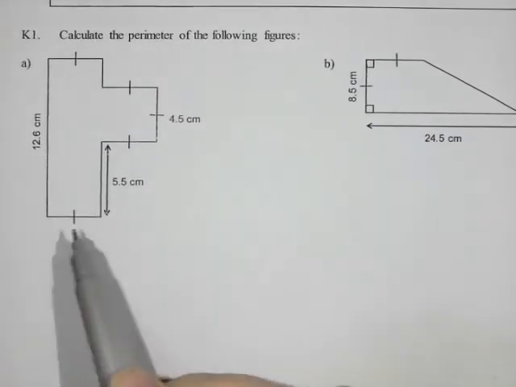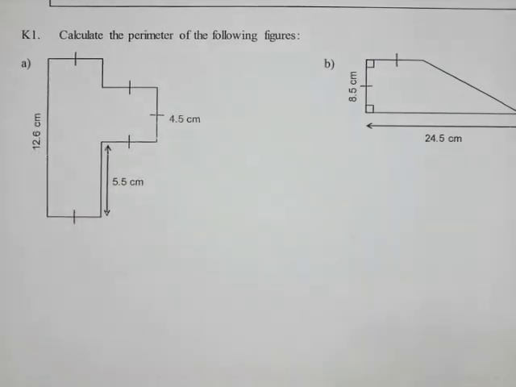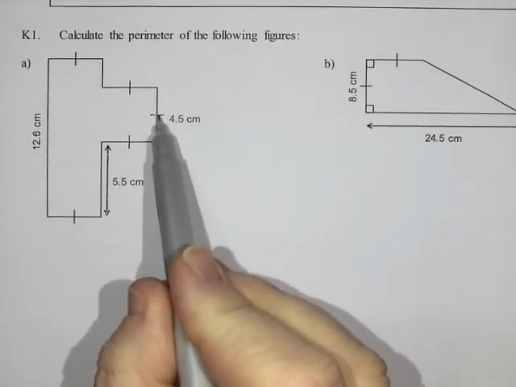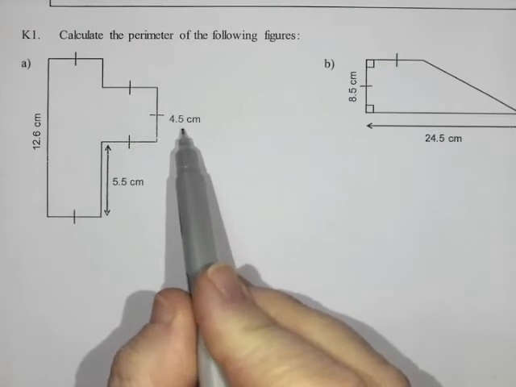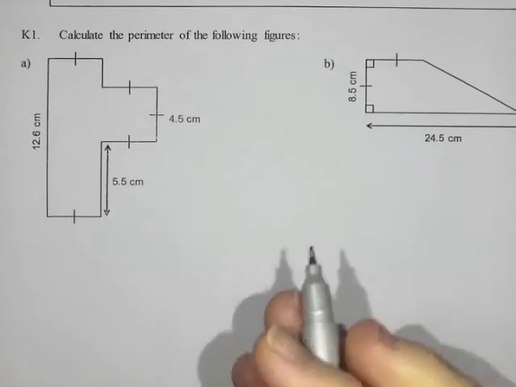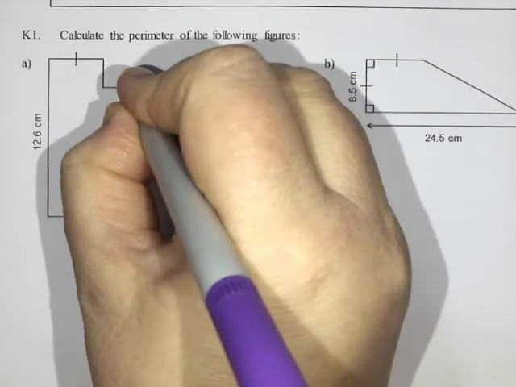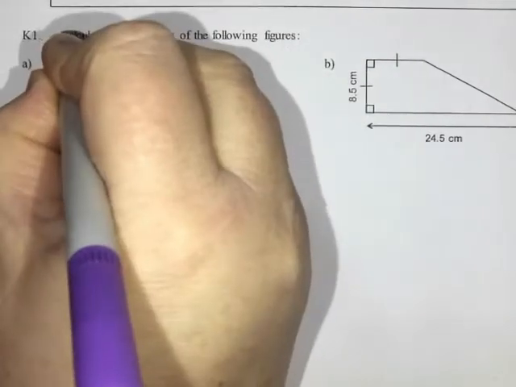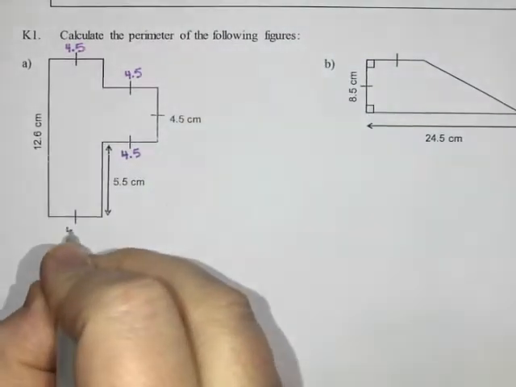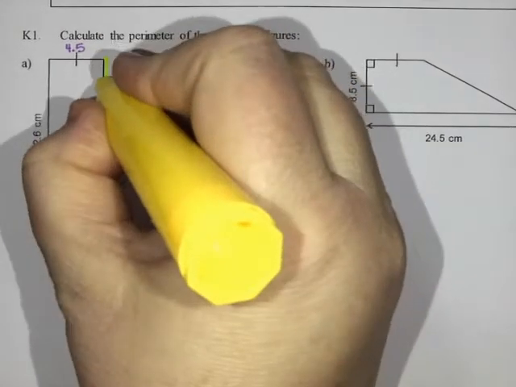together. So first thing I'm going to do is try to identify what all of the lengths of the sides are. I notice there's a tick mark here next to 4.5 centimeters. That means any side that has a single tick mark is also 4.5 centimeters. So this side, this one up here, and this one down below. They're all 4.5 centimeters. Now I do notice there is still one side missing, and that is that side right